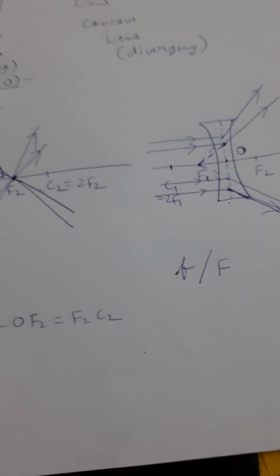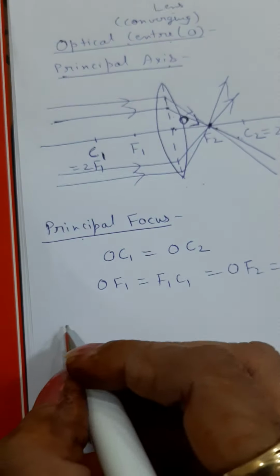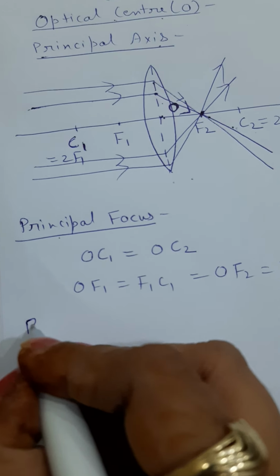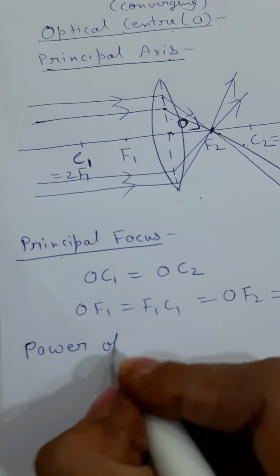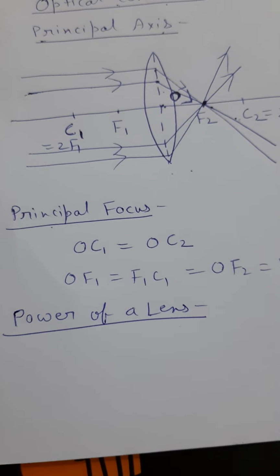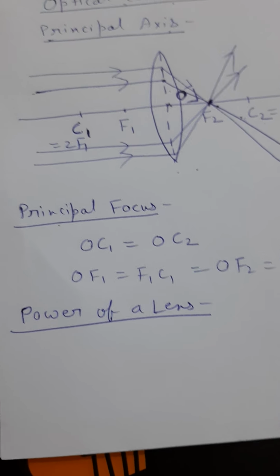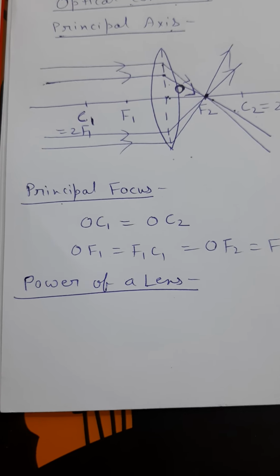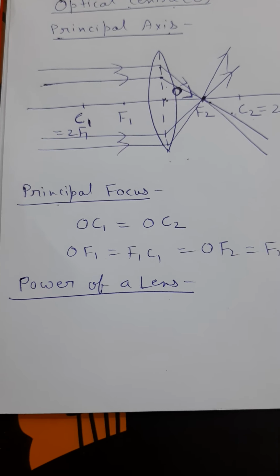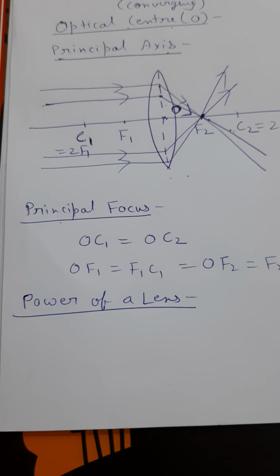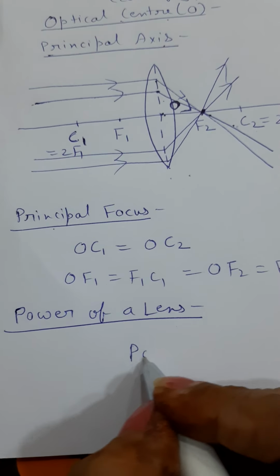Now one more definition I would like to discuss, then I will move towards image formation. I am taking this topic first so that only image formation will be left. That is the power of a lens. What is the meaning of power of a lens? Whenever we visit a specs shop, or go to the doctor for an eye checkup, they always tell us the power of the lens which is required for the correction of our vision.